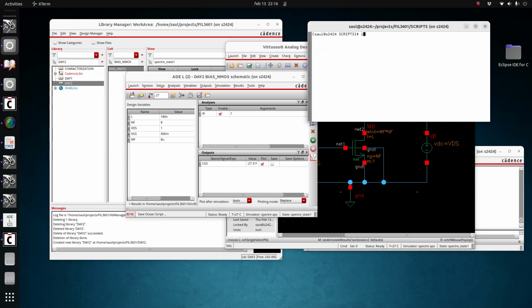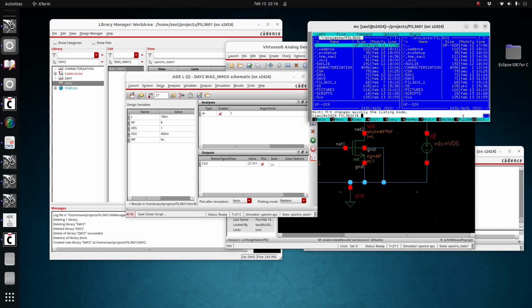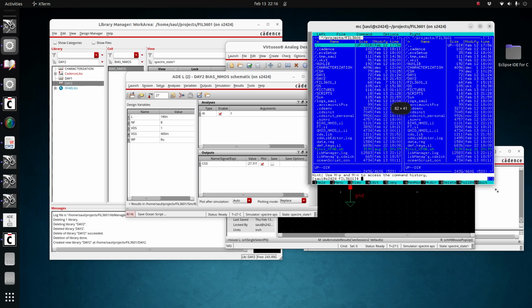If I check it here, I see that there is a new file that is called... well, where is my file? Bias nmos.el. So I'm going to copy this file to a directory where I will keep all the scripts that I